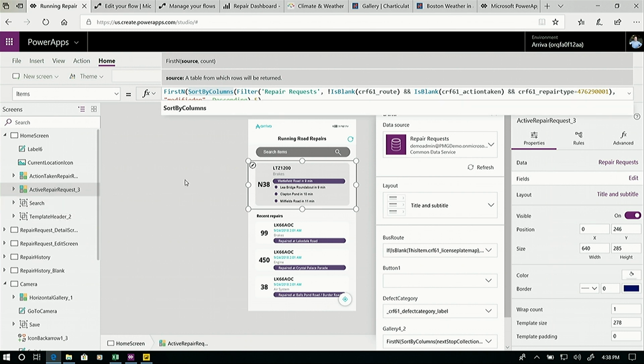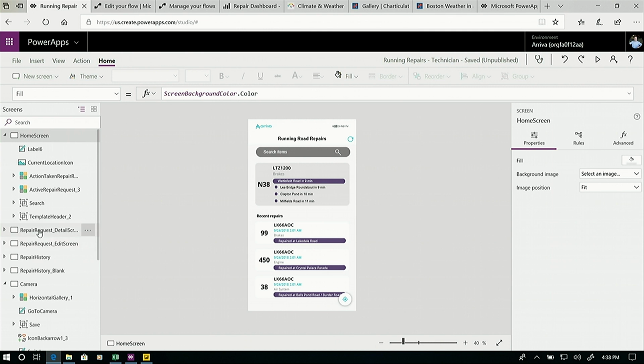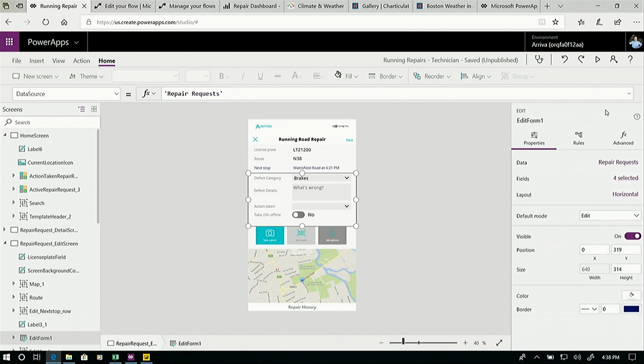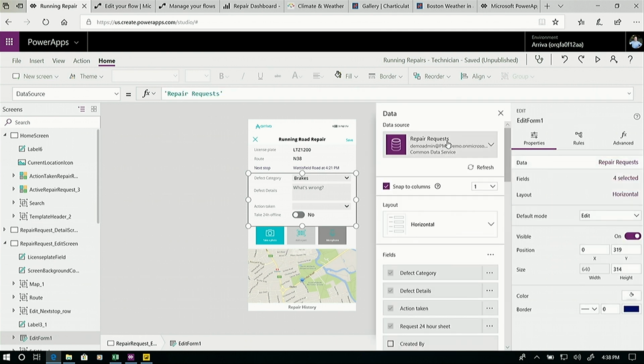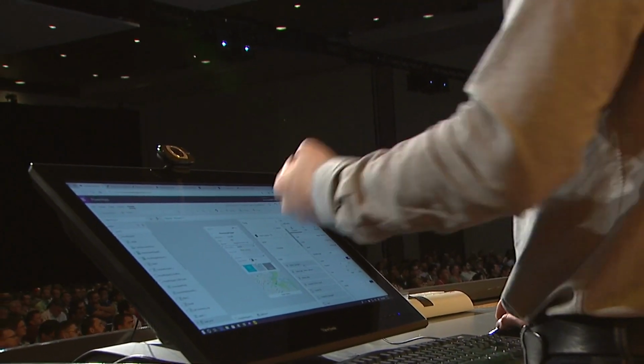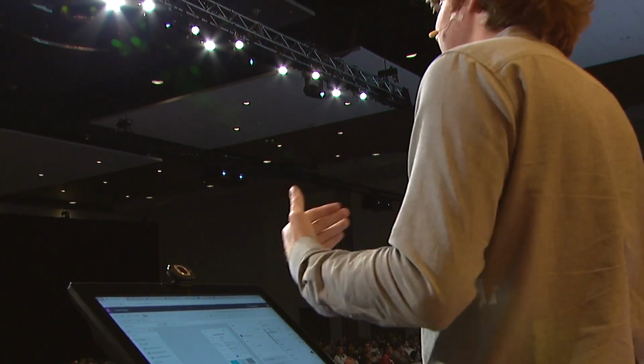What I may want to go do is actually take an action. So if I click through into one of these repair items, so when I'm actually on site looking at an item that I'm repairing, I want to have that same type of rich information automatically bound. So we can see I have an edit form, which is allowing me to edit that same repair request entity right inside the context of the application without having to leave it. And again, it's pulling the schema and fields automatically from the common data service so I can very easily edit that particular record or go create new records if I need to.